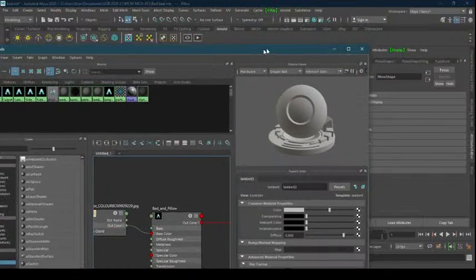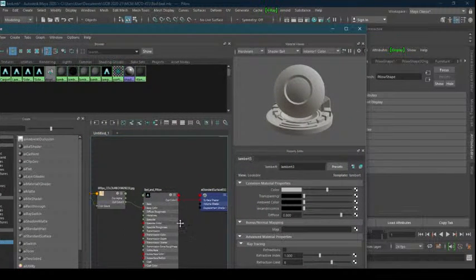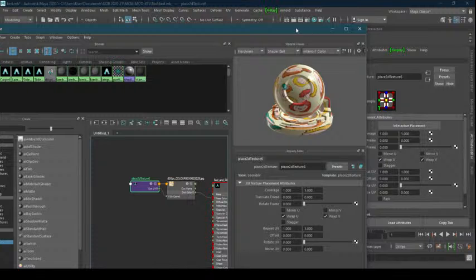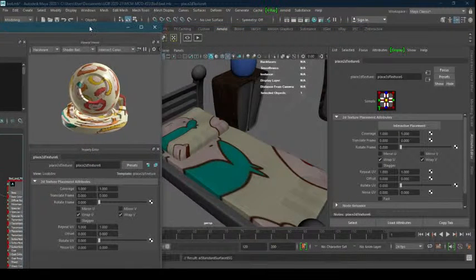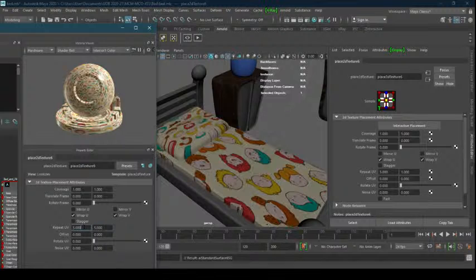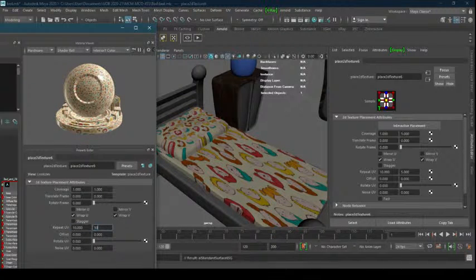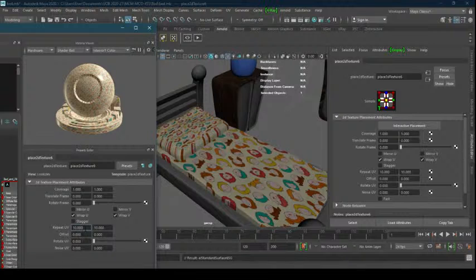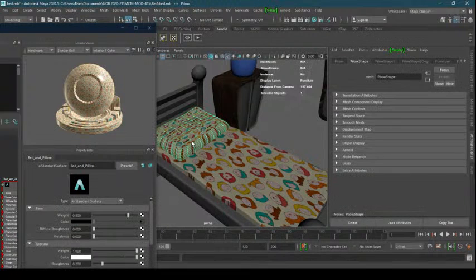But what I have to do here is change the size of this one. Let me move this here so I can see. Right now it's 1 1, so maybe I will make it 5 5. Okay, 5 5 is not that good. 10 10. 10 10 is good. There is something wrong with this one because of